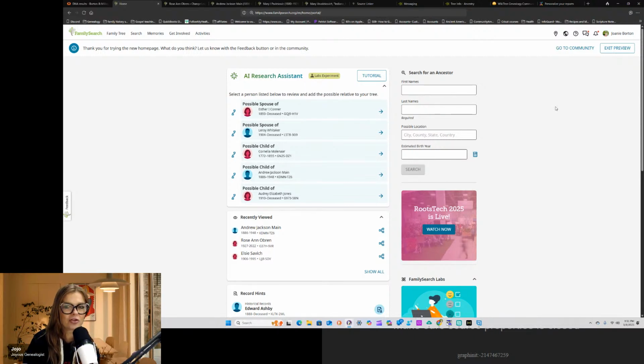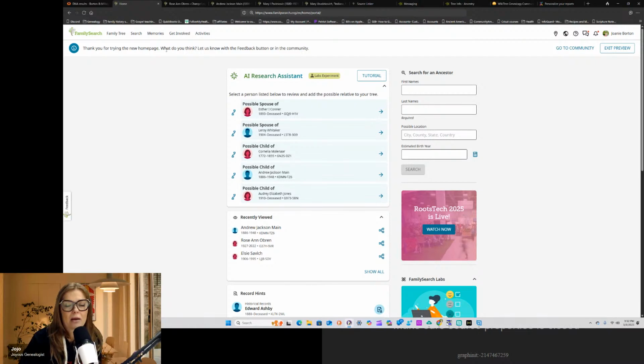All right, so they have some changes. You're going to notice when you log in, this is different. This is a new widget, I would call this a widget. And this is the new AI search research assistant. I'll just start here and go, because I'm ADHD and I know I'll end up back on this subject before I even get to it officially, if that makes sense. So the AI research assistant is going to,